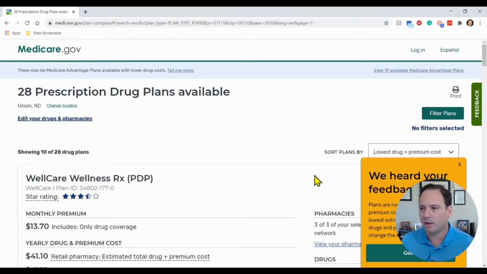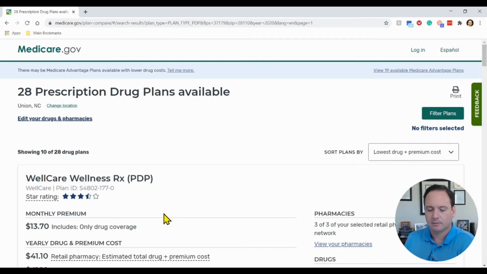And that's going to bring you here to the results page. And the way this plan finder tool is going to deliver the results is in the form of a list of every drug plan available in your county, usually 20 or 30 different prescription drug plans. It's going to put that list in order, starting with the drug plan that's going to give you the lowest annual retail cost for the prescriptions that you entered at the pharmacies that you selected,